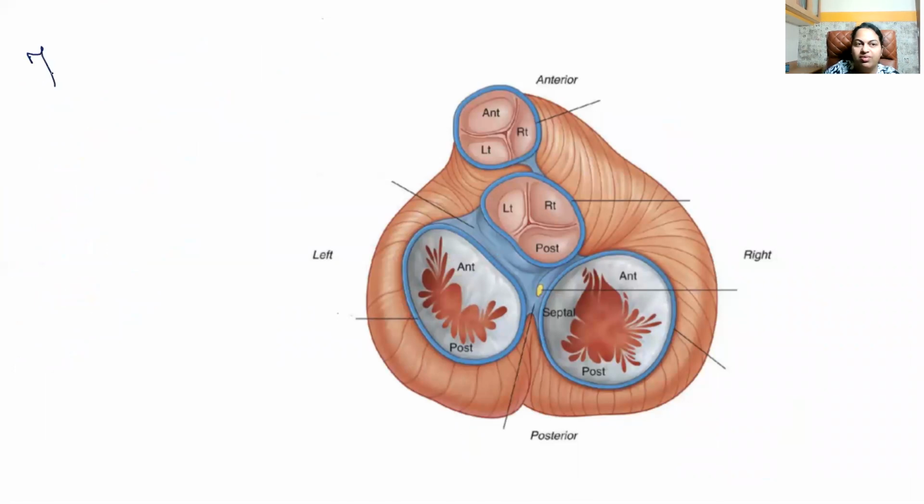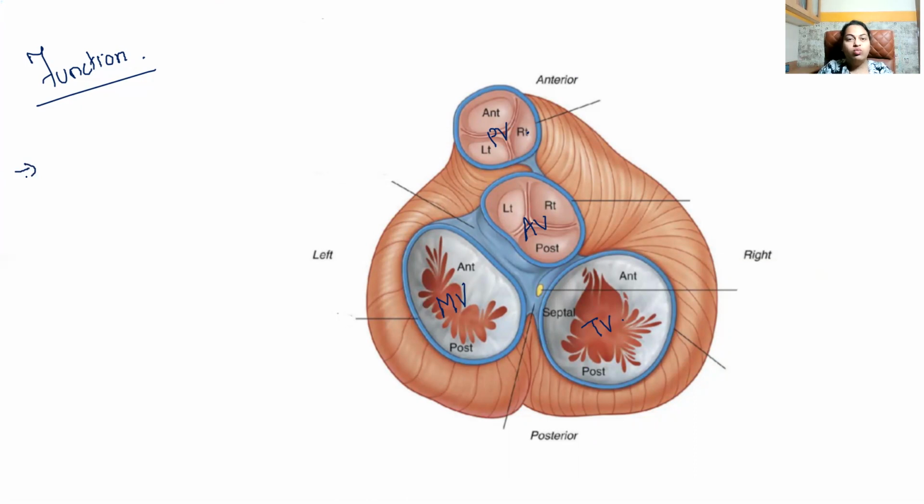Function of the fibrous skeleton. What do you think could be the function of the fibrous skeleton? So again, orienting to the picture: anterior, posterior, right and left. Over the right, you see the tricuspid valvular complex. This is your mitral valvular complex. The aortic valve. This is the pulmonary valve. Okay. So what is the function of this fibrous skeleton? It's made up of collagenous fiber.